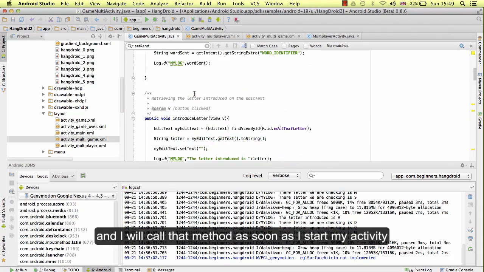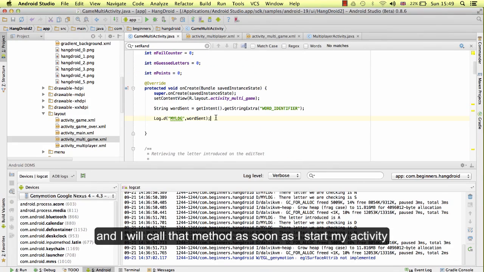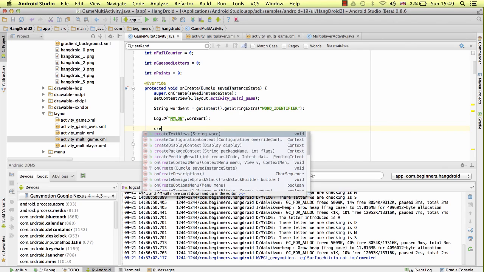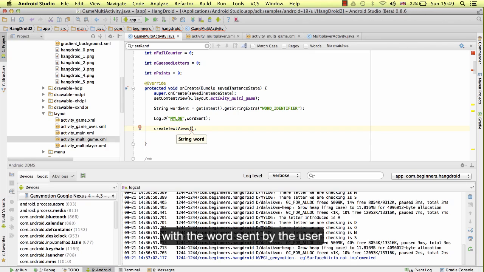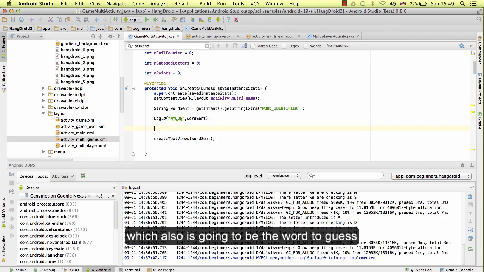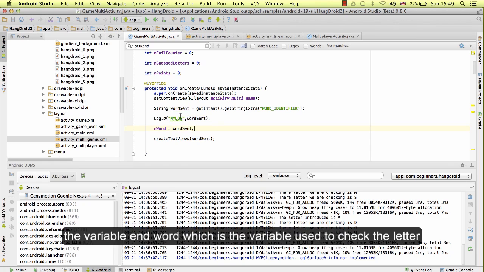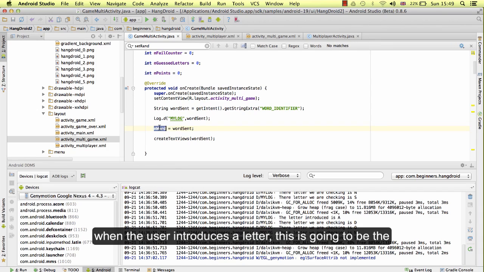and I will call that method as soon as I start my activity with the word sent by the user, which also is going to be the word to guess. So to the variable n-word, which is the variable that we use to check the letter when the user introduces a letter, this is going to be the word that we have to guess now. Okay, so let's continue